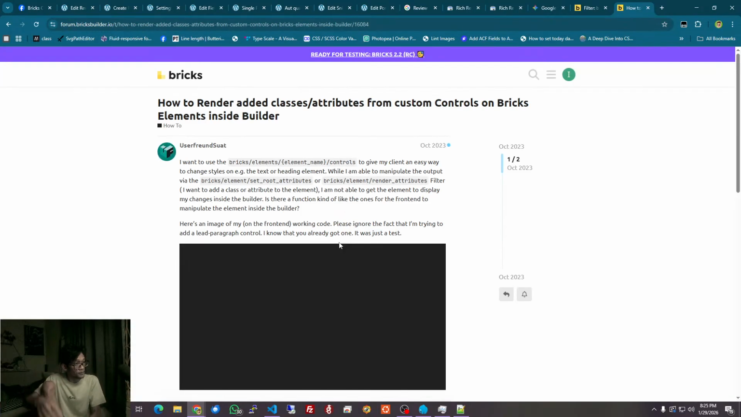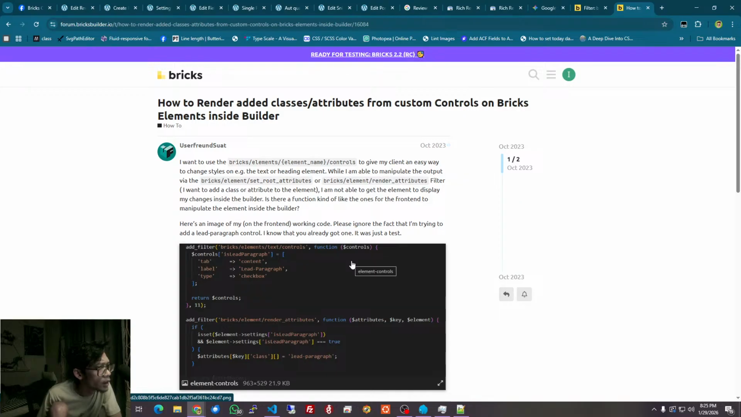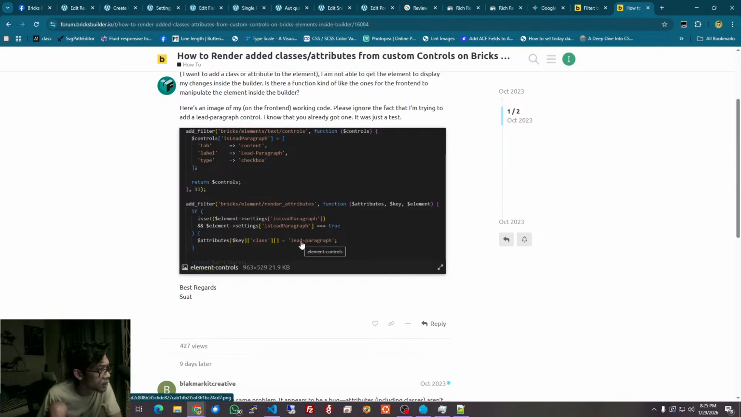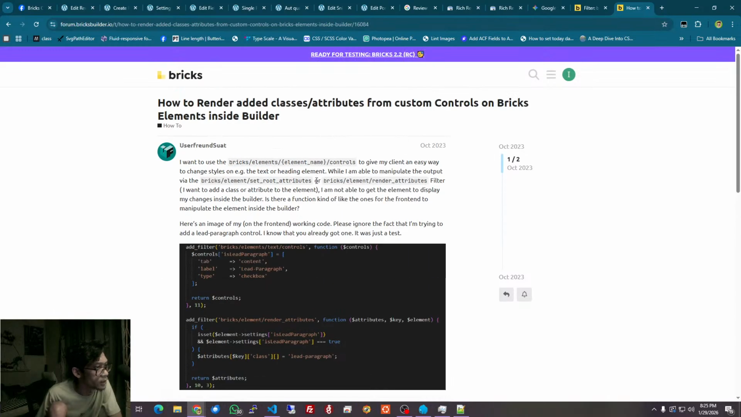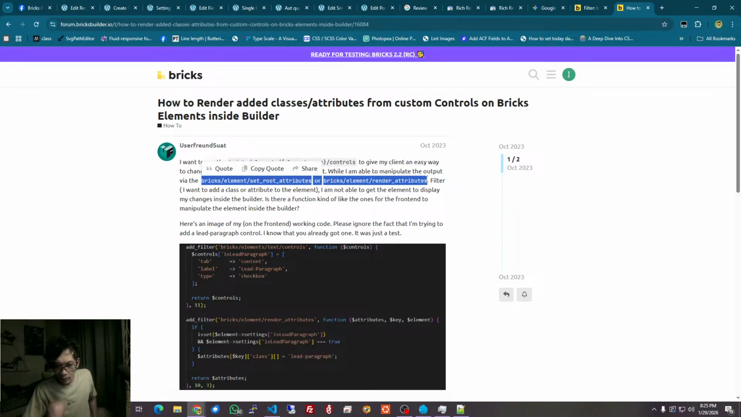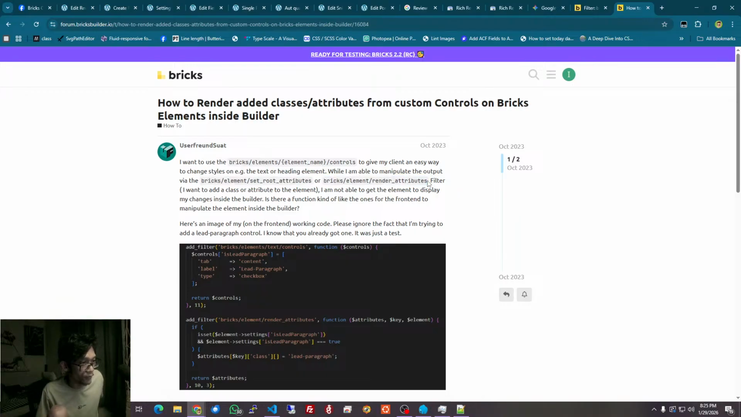Nah, this one. Oh, okay. Element render attribute. See, bricks element control, bricks element set root attribute, bricks element render attribute, bricks element render. Bricks element render attribute filter. I think these two filters can be the first